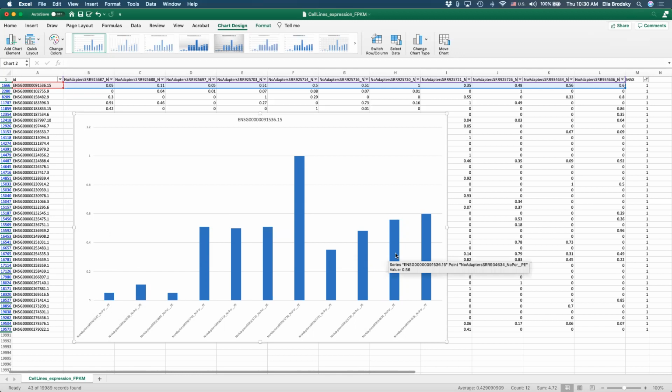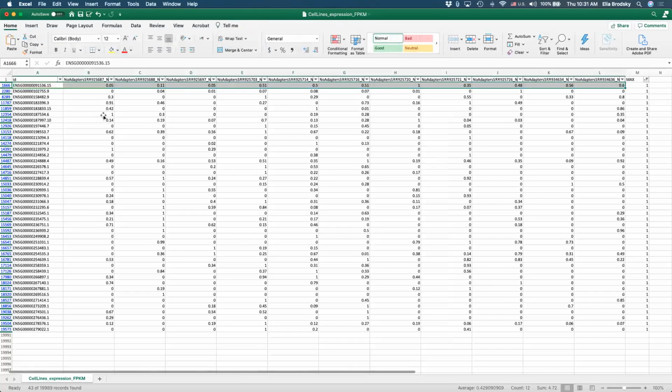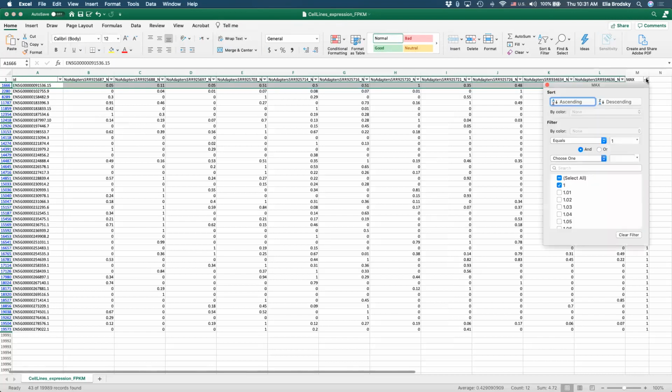Since almost all of my samples are represented within this variance of 0 to 1, I will never find any significance, because an expression level should be at least a number that gives me some kind of meaningful difference. So in this case, this is never going to be meaningful. Even if I take 2, it's never going to be meaningful. That's why, before moving on with other types of analysis, you might want to filter this out by a certain number.